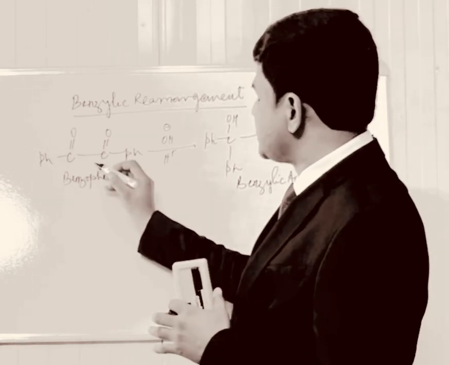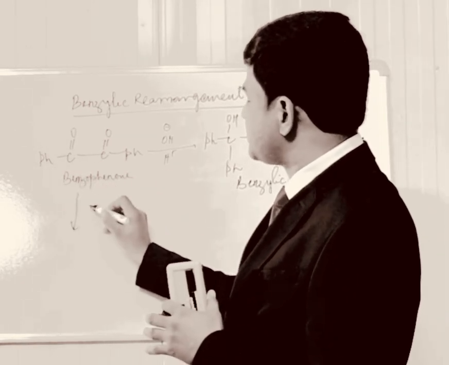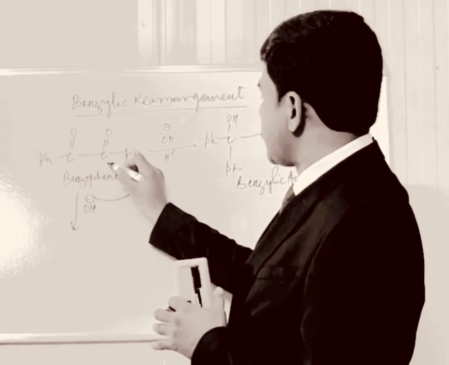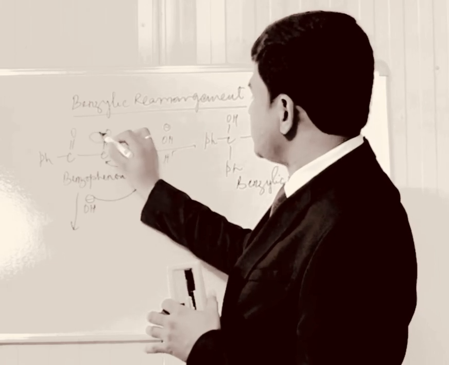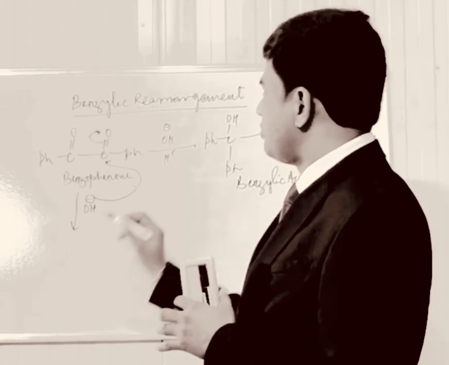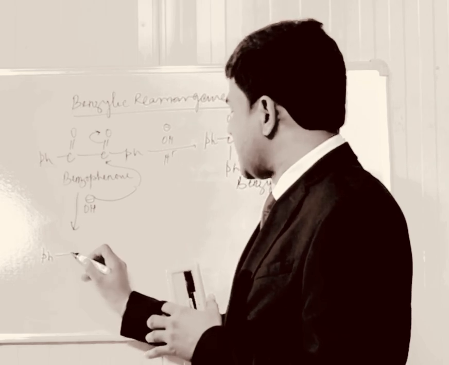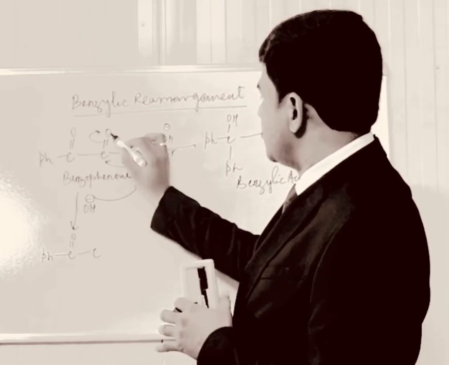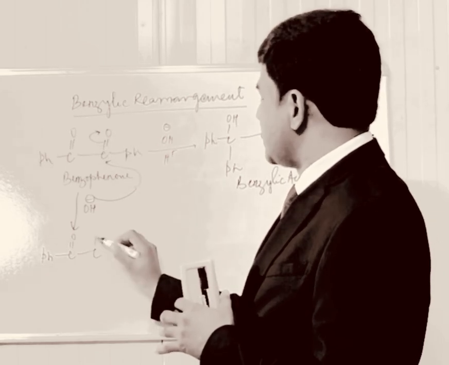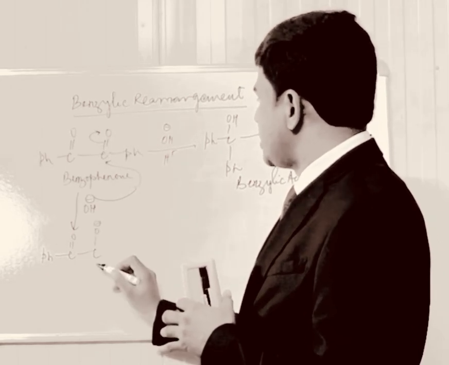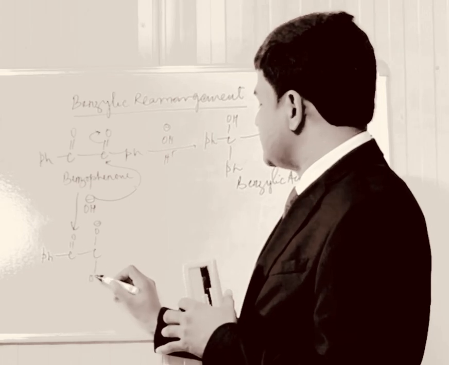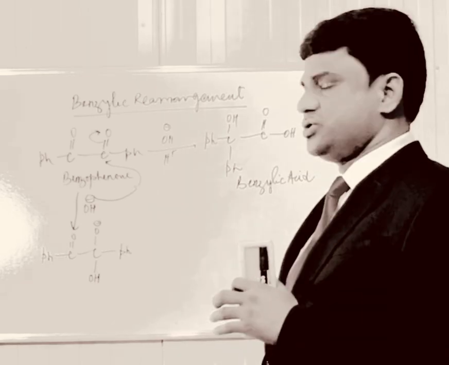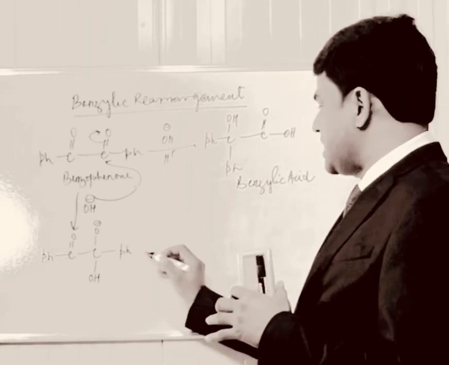Then the first step, if this is our substrate: in the first step OH attacks on this carbon, and this bond is shifted to this oxygen, and there is formation of a product like this. Since this bond shifted on oxygen, there is formation of a negative charge, and here there is addition of OH, and this one is Ph, a phenyl group, and in the next step